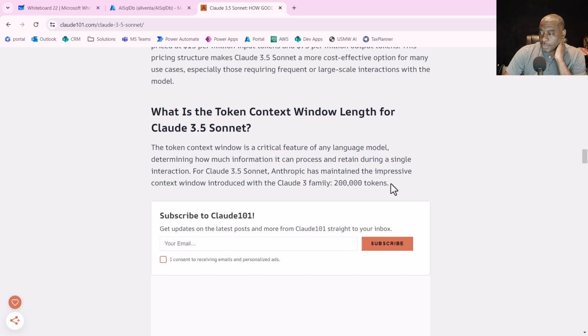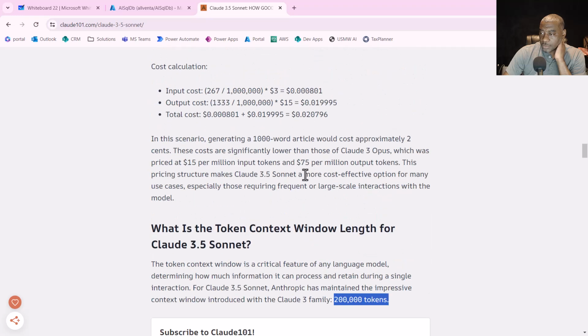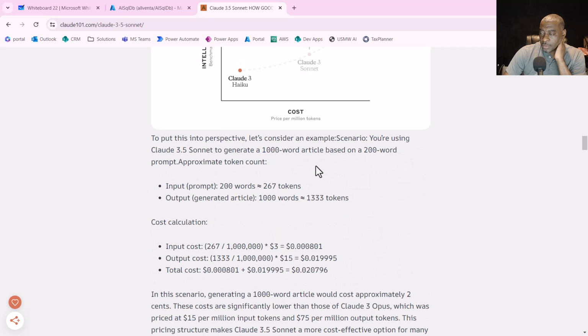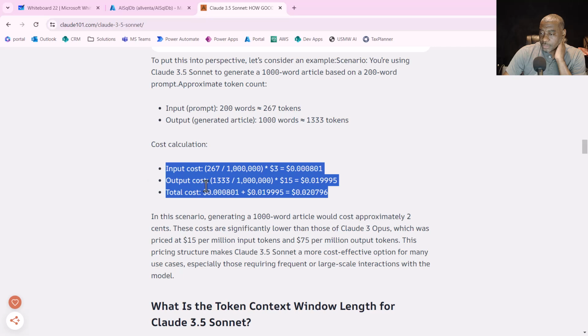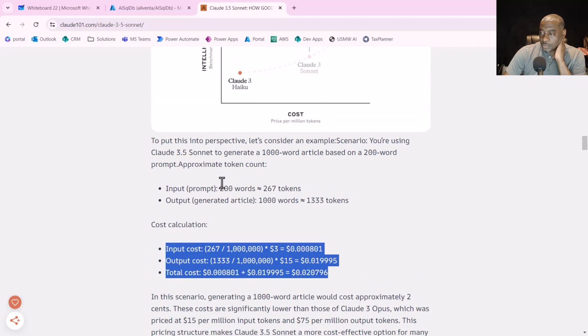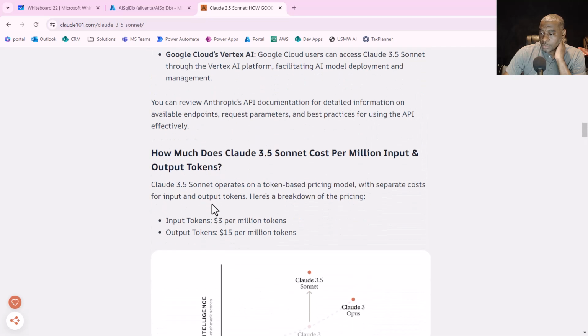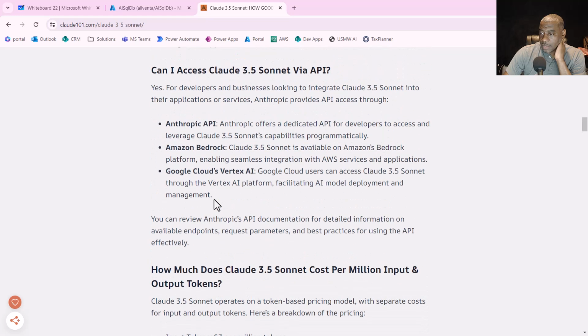Oh, no, sorry. So their pricing is per million tokens, but their window size is 200,000 tokens. I misread that. Sorry. So this calculation here just gives you a cost calculation, but it seems like the token window size is 200,000 total. So with this, I don't have to recall it. I feel like I can probably get all 500,000 records. Okay,